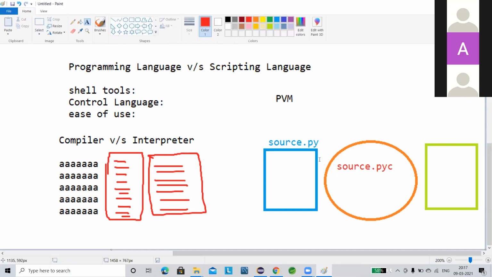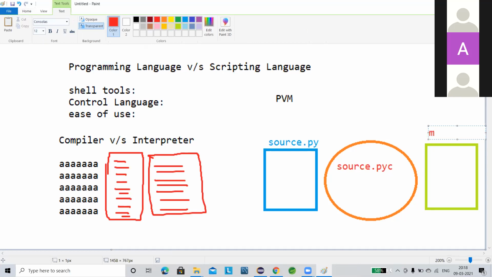In Java, a .java file is compiled and converted to a byte stream with the name .class, right? So .pyc represents the Python class file, nothing but .py converted to a Python class file. And this bytecode is nothing but a stream of 0 and 1, a continuous stream of compiled 0 and 1. Then finally it executes and provides the final output, or converts to machine level code. Machine code.